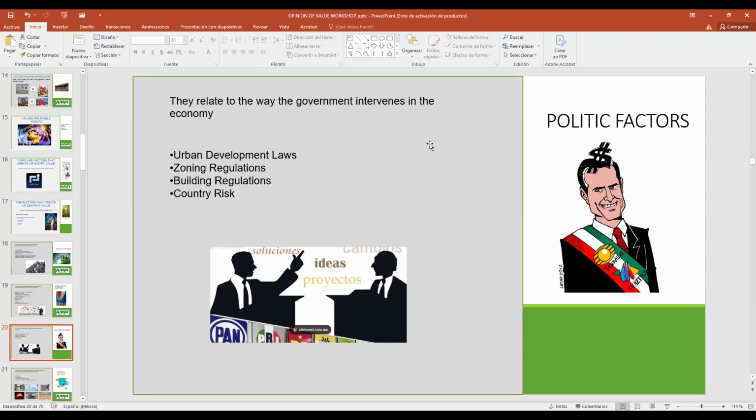Also the zoning regulations, the building regulations, and the country risk. The country risk is a rate that comes from the international qualification or the stock exchange. It's out of our hands.